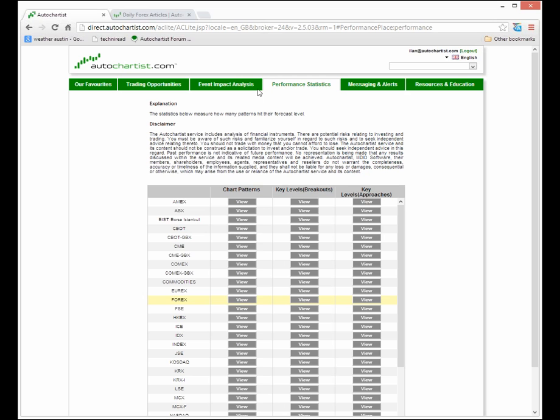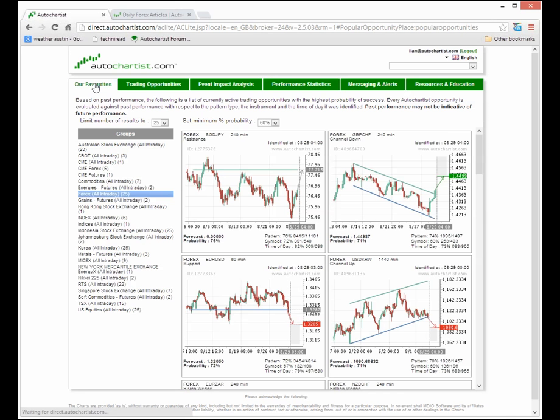The stats here are different. The overall stat is 76%, and again, don't really look at the overall stats. Look at the breakdown of the stats. So for approaching key levels, the stats are pretty good, and there's some real star performers. Some of the star performers are